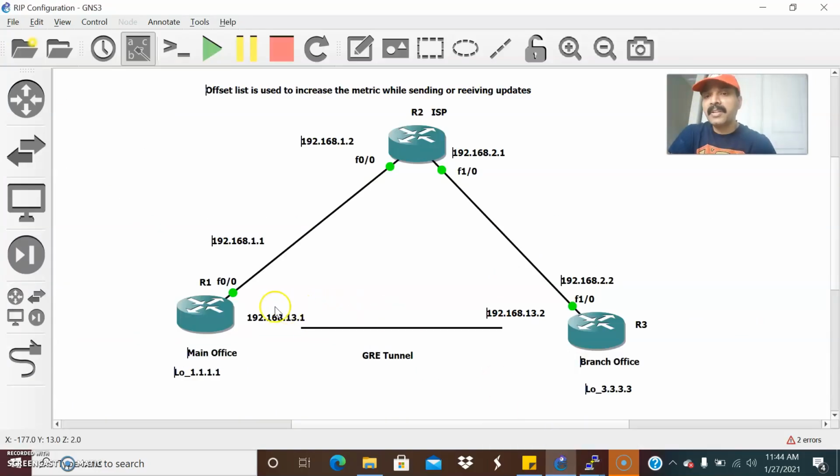Why are you configuring the offset list? Once I advertise the tunnel interface network in RIP, R1 will learn the destination header via the tunnel interface itself. That is not the proper behavior, and that is why the tunnel keeps going up and down, the routes flap, and the tunnel gets disabled. To avoid this situation, R3 is otherwise learned via one hop count, so the hop count will be 1. While configuring the offset list, it automatically increases the metric on all the networks and resolves the GRE tunnel recursive routing error. That is the benefit of the offset list.